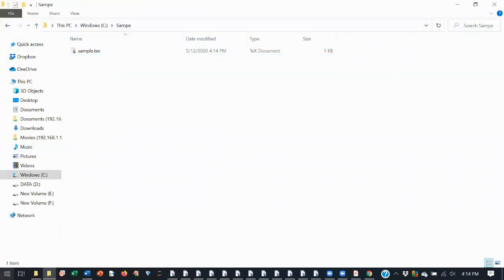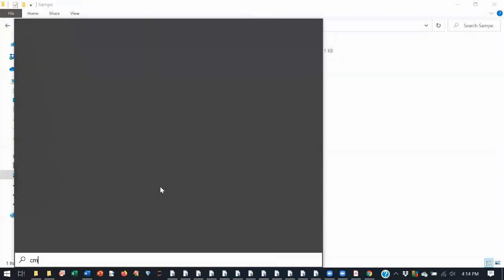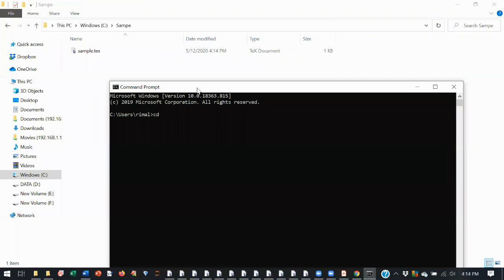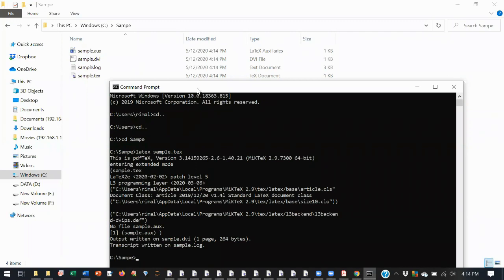Now what you have to do is open the command prompt. You have to go into the folder, cd temp. Here you have to type latex, then sample.tex. Okay, you got the file.